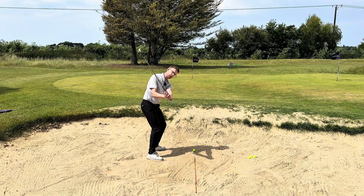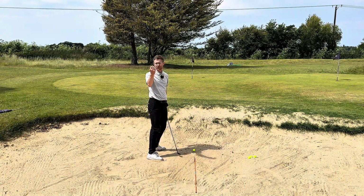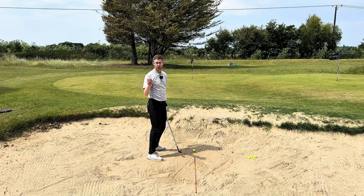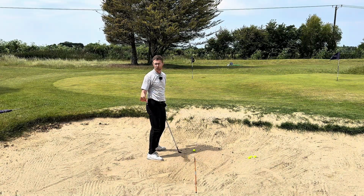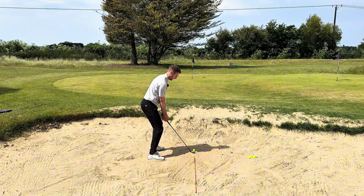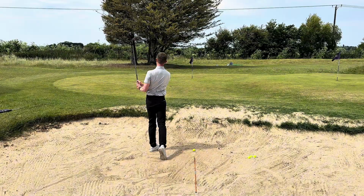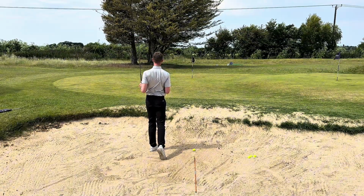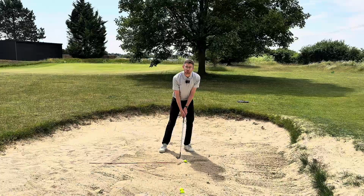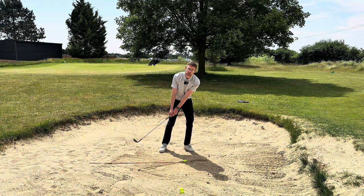Even if they've got the backswing in the right place, we get this dip in with the knees. And what we're going to do, you've guessed it, is hit the sand way too early. All right, we need to make sure we keep the height. So we've got the club working back. I'm going to throw the club and make sure I finish up nice and high in this position. Once we've got our weight over to the left side,